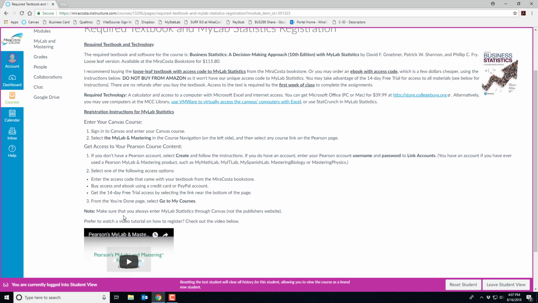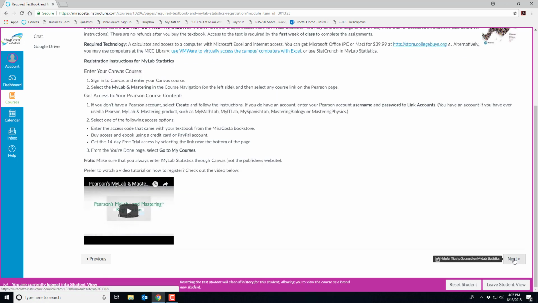So down here are the written instructions on how to register your MyLab Statistics. Whether you are buying the textbook from the bookstore and you're going to enter the code, you just want to buy the Connect code with ebook, or you want to do the 14-day free trial. If we click Next,